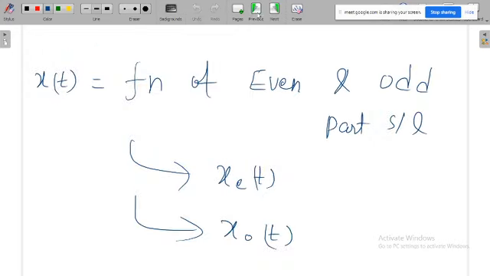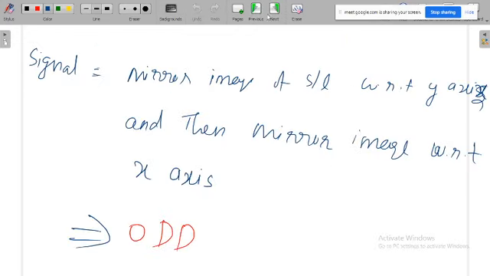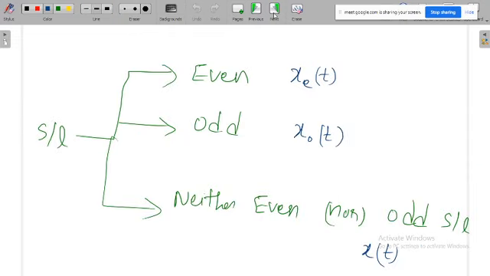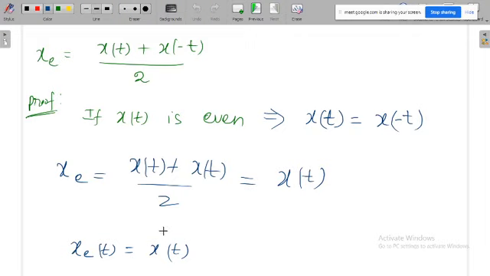So what I am telling is, if you are given this signal and you try to extract the even part of the signal, then you will get this signal only, because this signal is originally an even signal. So the same thing we are proving with the help of this formula. Once you are given an unknown signal, you will get some different component. But if you are given a signal which is already even and you try to extract the even part, you will get that signal only, because that signal consists of only the even part. So again, x e of t is equal to x of t.